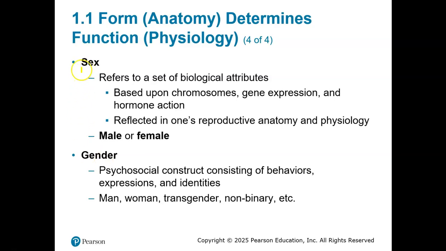So the sex of a human is going to refer to a set of biological attributes. It's going to be based on chromosomes. In other words, it's going to be based on XX sex chromosomes representing a female and XY representing a male. But it is also going to be based on the gene expression and hormone action. So if a person, for example, has testosterone,